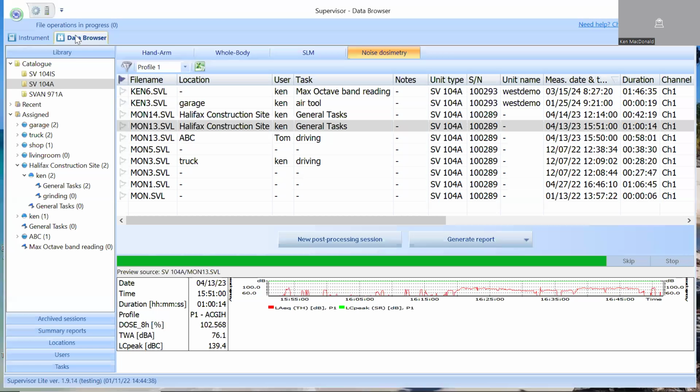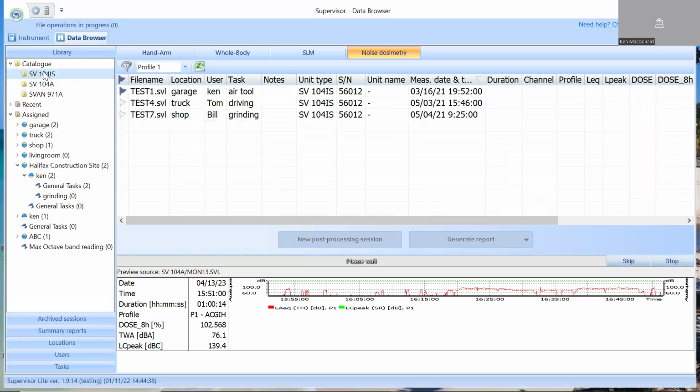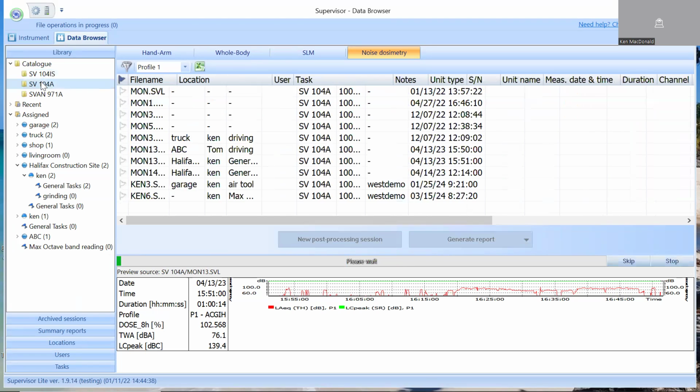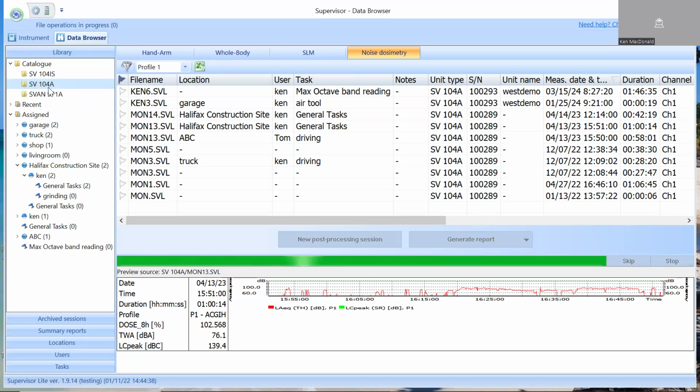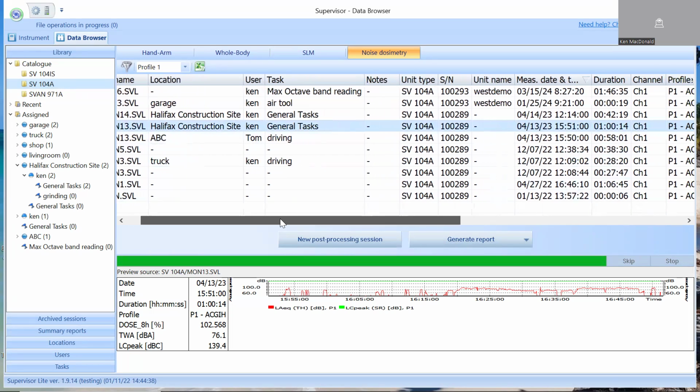If I go to the data browser, I can see the different instruments' data. I've got data from different instruments here. For example, the SV104A is a dosimeter with Bluetooth. And if I go to, say, this file, if I was interested in just the results from it,